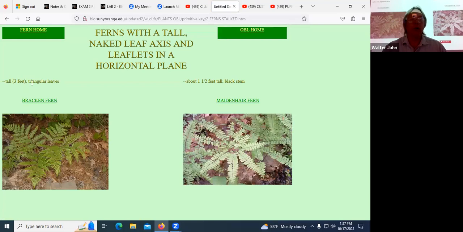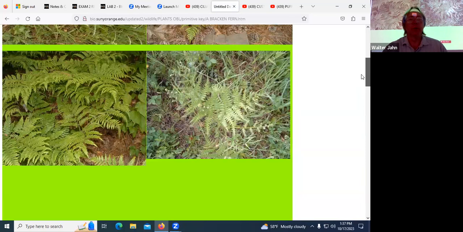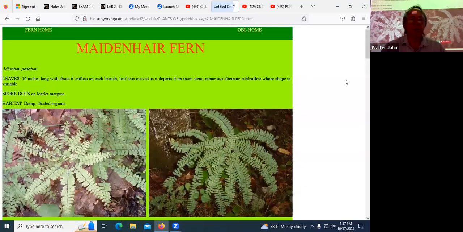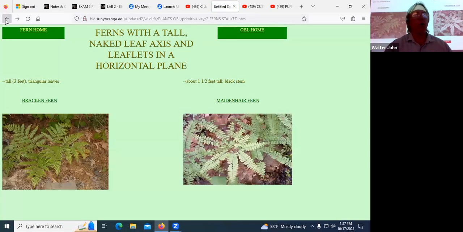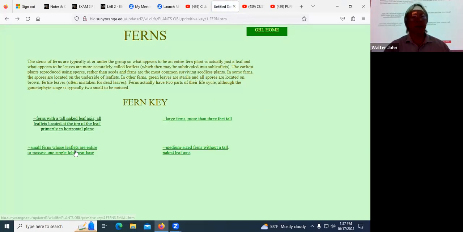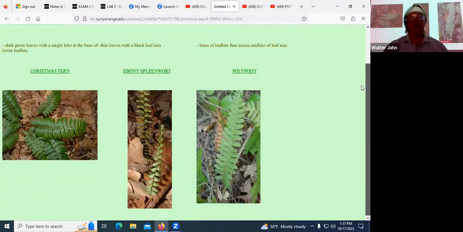Well, then is it tall, about 3 feet tall with triangular leaves, or only about 1.5 feet tall with a black stem? In which case, here it's bracken fern, where it's got this stem that grows straight up and then the leaflets are in a flat plane there, or it's maidenhair fern, where now it's got a black stem. And you say, okay, so now instead of all of the ferns, it was just those two. Okay. Is it a small fern whose leaflets are entire, like they don't have lobes to them? In which case now we're looking at one of those three. All right, and I can distinguish between